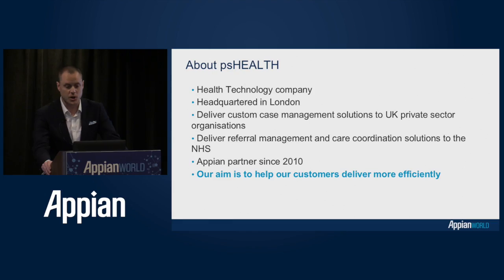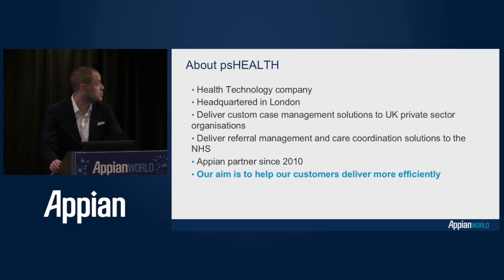So, yes, my name is Jason Sims. So I work as a product manager for a company called psHealth. I am an Australian, but I am based in Waterloo in London at the moment. So I've been in health technology now for around 7 years and a product manager for the last 3. I'm really passionate about innovation in health technology, and I'm really excited to be able to talk to you a little bit today about what we're doing at psHealth and also how Appian is really driving some of the work